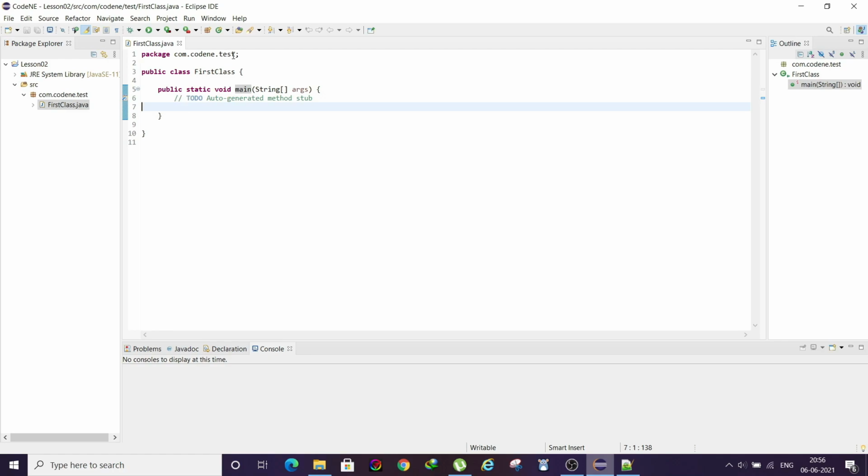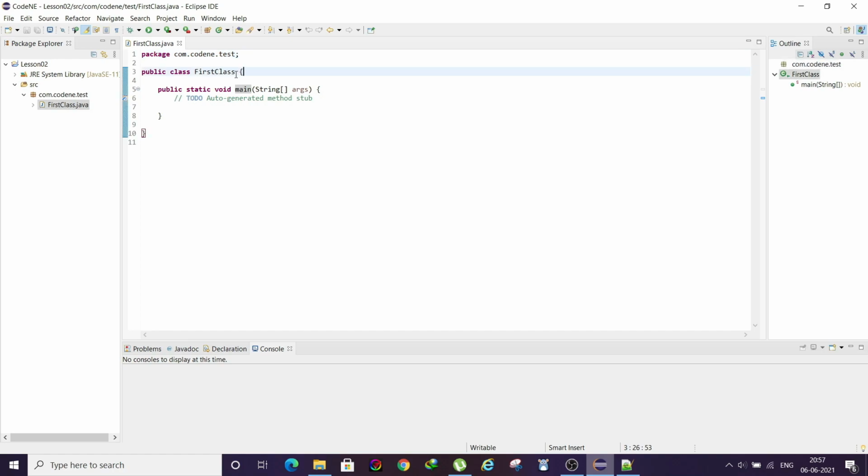When you create a class, it will have a package. If you had created it directly inside the source folder, then this package line would be skipped. So this is not mandatory, but as we have created this class file inside the package com.codene.test, we are able to see this package line. It just declares that this class file is inside this package or folder.